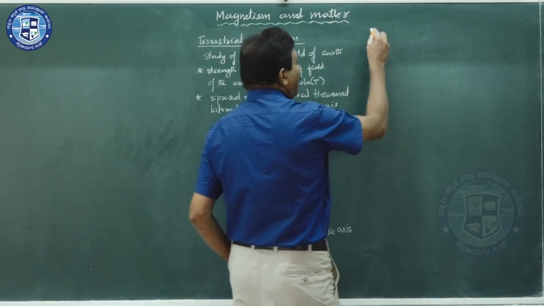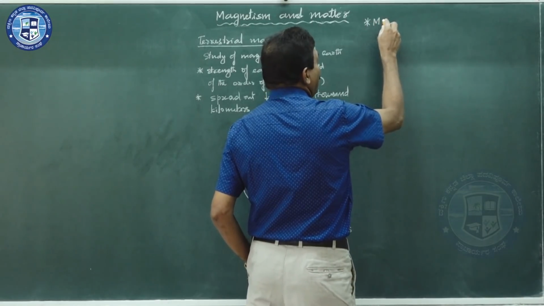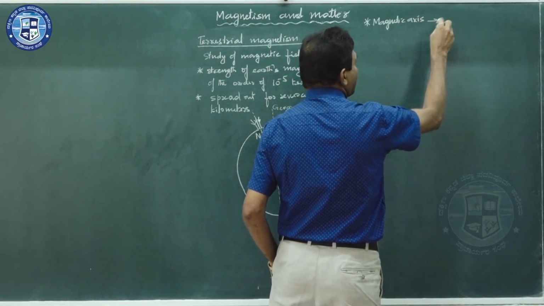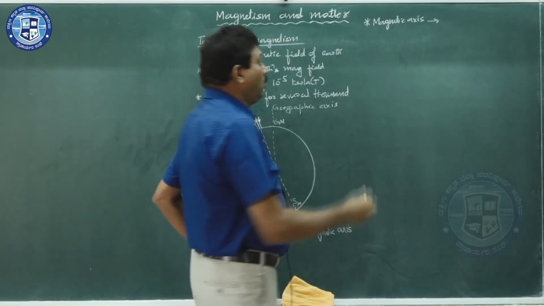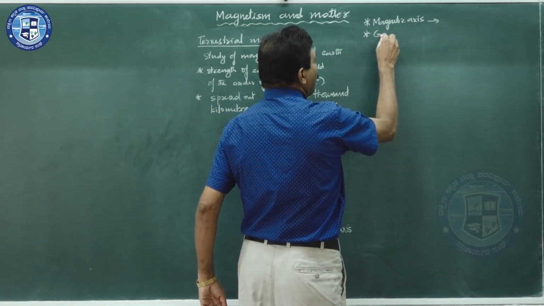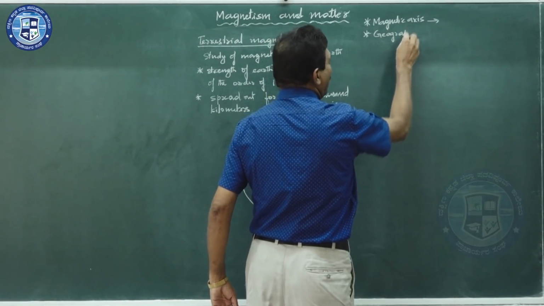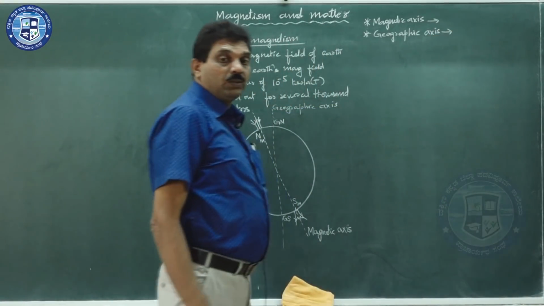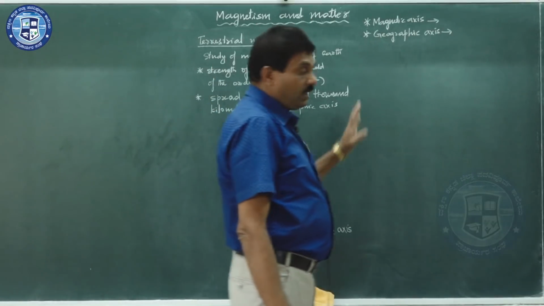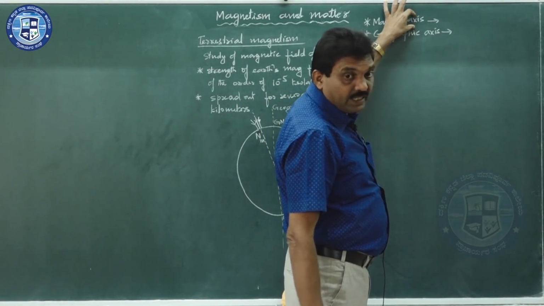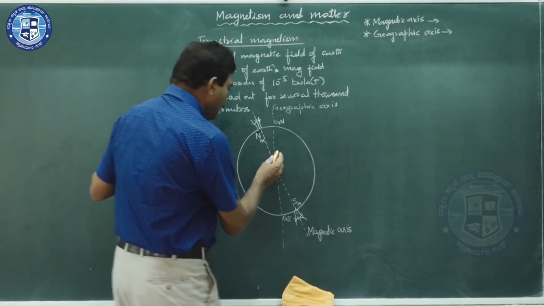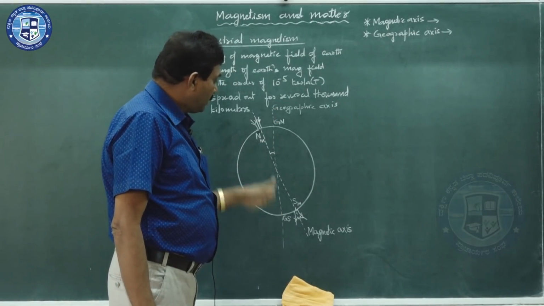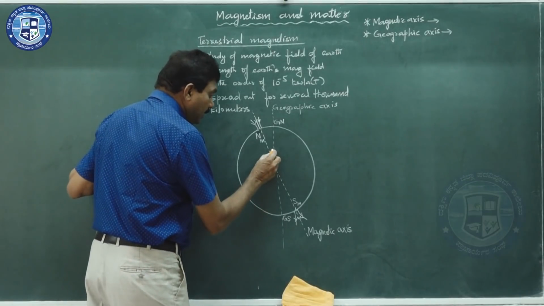Now, we have some terms. What is magnetic axis? You have already seen. It is the imaginary straight line passing along magnetic north south, and geographic axis is the imaginary straight line passing through the geographic north south. It is geographic north south, here it is magnetic north south. So, what you can observe, there is a small angle. What is the angle between the geographic axis and magnetic axis? This angle is around